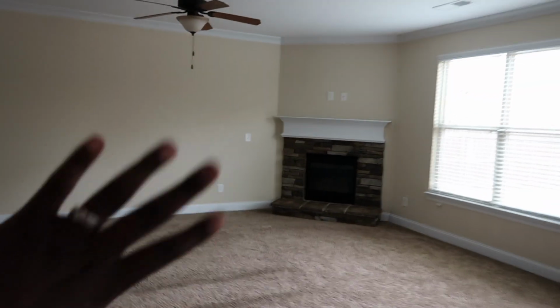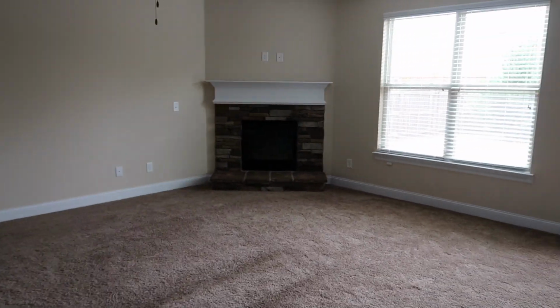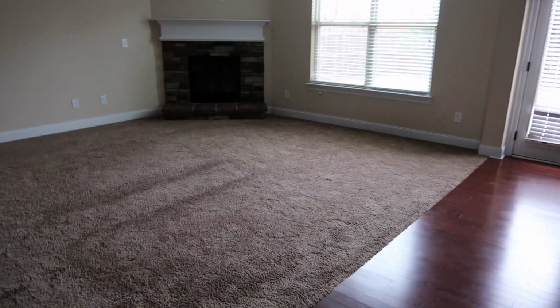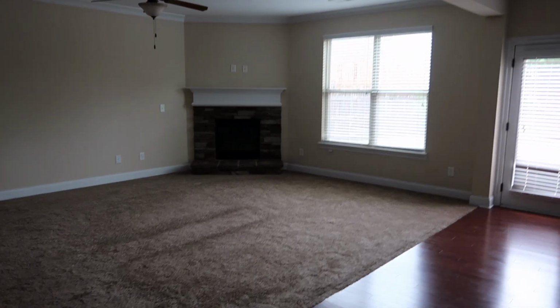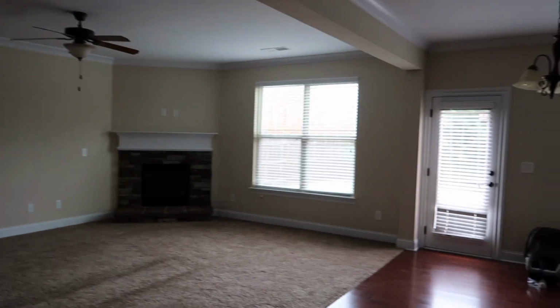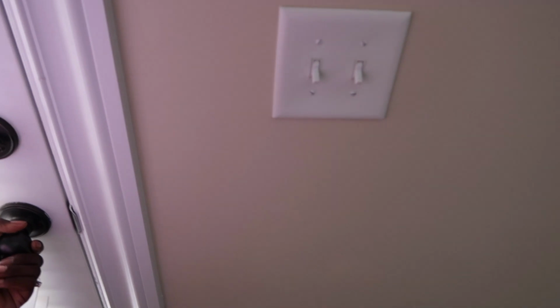So here's the living room. That is a gas fireplace, right? This is a gas fireplace. I've never had a working fireplace before. I had a play fireplace, but not a working fireplace. So that's pretty cool. And what I'm really excited about is now we have a